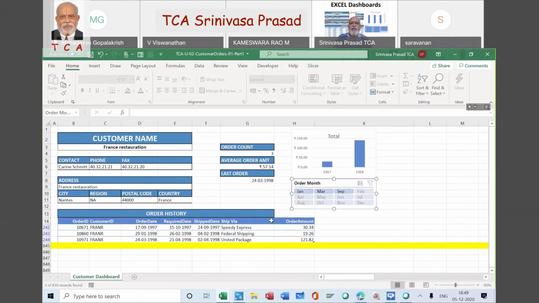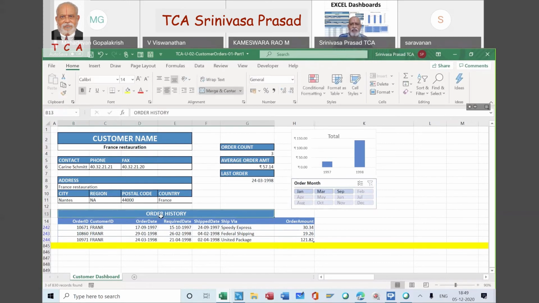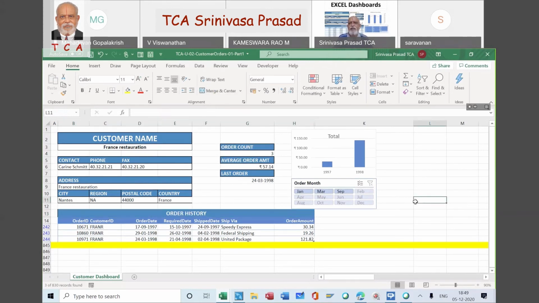Then we take this order history, which we had made merge and center, we removed it. Now we take from here and come up to this column, and merge and center. Now it looks quite decent.